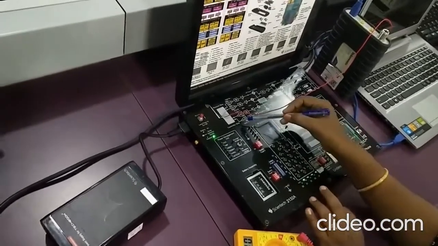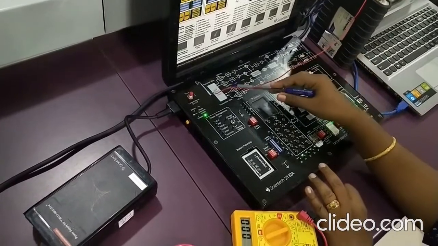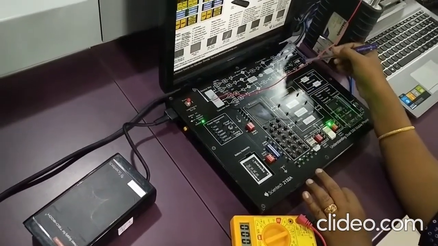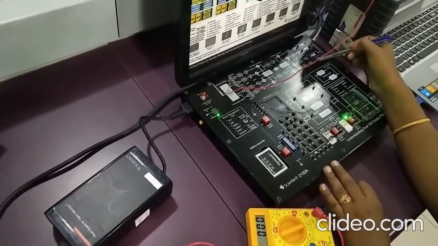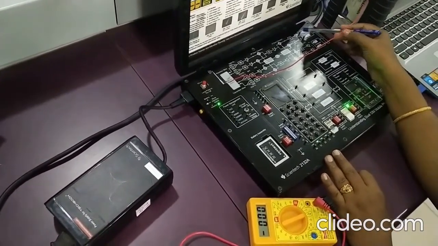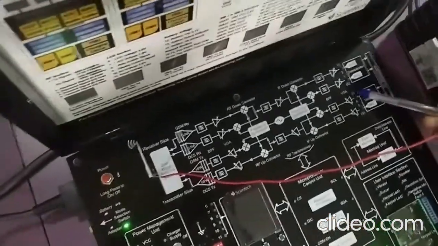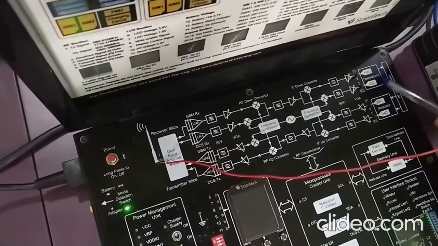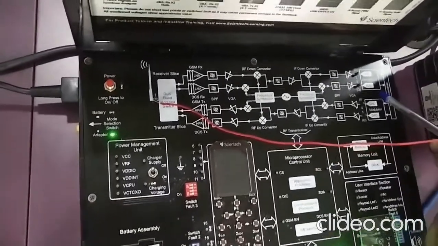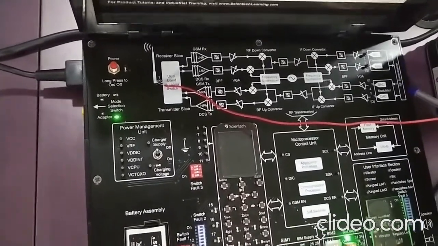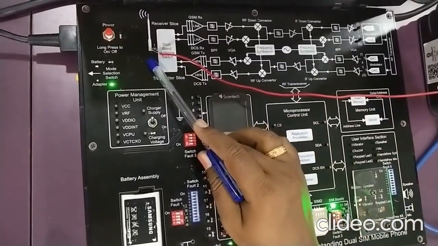The first set of experiments, that is your 9th experiment, is totally about this particular part. In this part, we have a brief explanation about the demodulation and modulation techniques that happen in the mobile phone. And here we have an I channel and a Q channel, the in-phase and quadrature-phase channels. If one channel acts as a transmitter, because the mobile phone should transmit and receive data, this is called the transceiver unit. And we have an aerial antenna view.